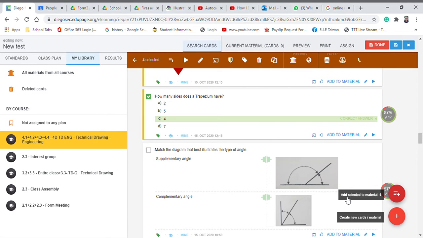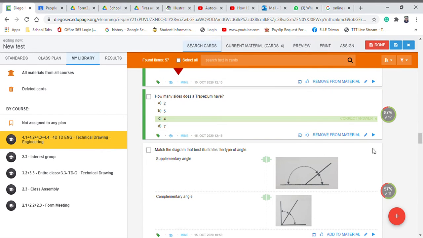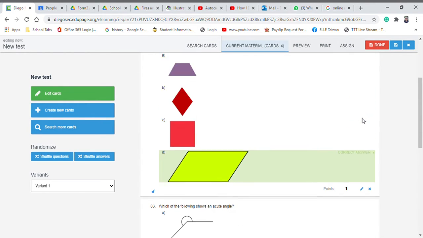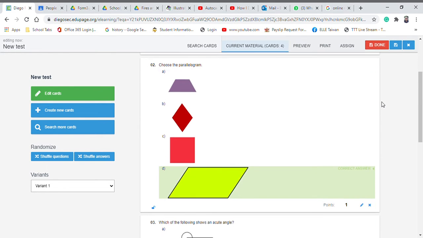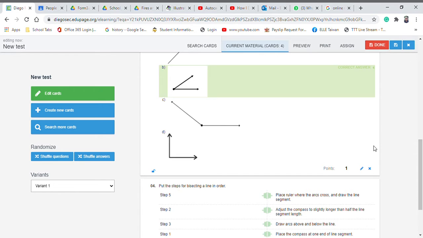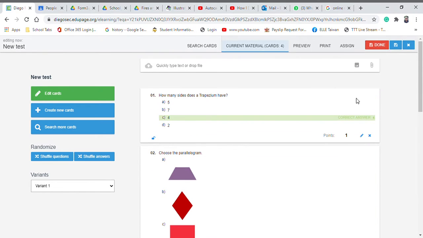So down to the bottom right, add selected to materials. So this 4 here represents 4 cards or 4 questions that I chose. So I want to add those to my quiz. So you see it went up to the quiz here. So when I click here, here's where I will see the 4 cards or questions that I chose for my quiz today. Alright, so to the bottom right of each card you would see the points that you could assign